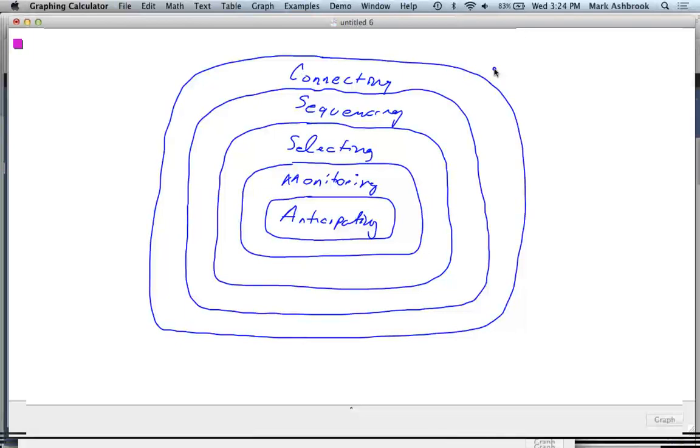Kind of like the steps, instead of going one step at a time up, if you look at it from outwards in, to have a whole effective classroom discussion, to hear students understanding the concepts, you have to have a start. So if you have connecting, then you have to have all 4 below that too. So in order to have this whole effective classroom discussion, you have to incorporate all the parts, starting with anticipating. Okay. Cool. So it's kind of reverse.